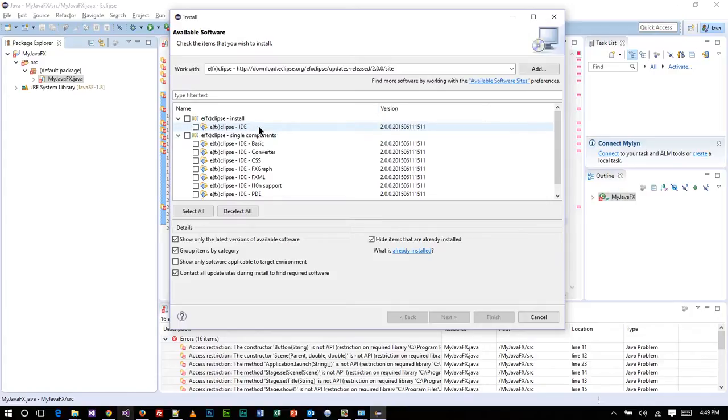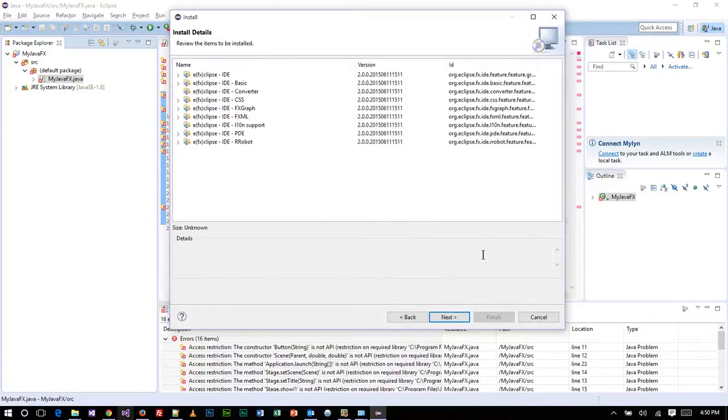Now, sometimes they offer different choices for the various versions of the IDE. And then there's all these subcomponents, and my opinion on it is we may as well just get all of them. You also want to make sure that this is selected, because that way, if there's updates to any of this stuff, it will look for them before putting them in. All right, so let's just go